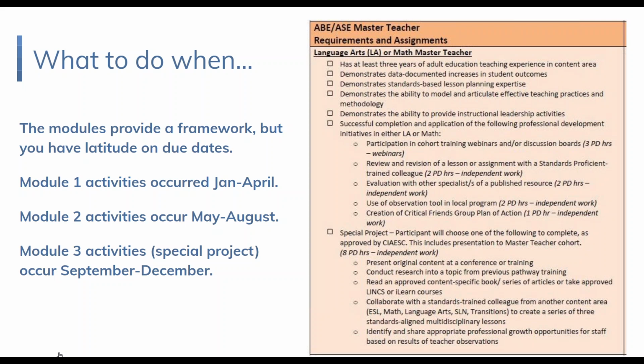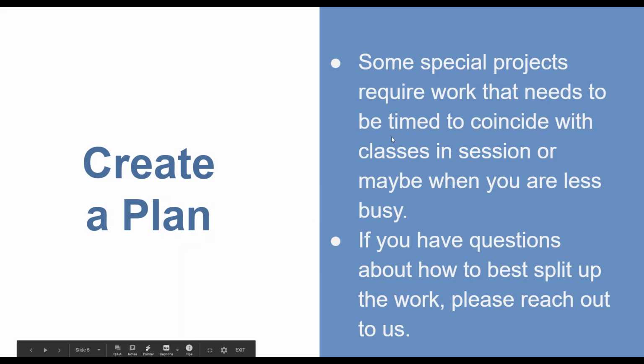If you'll remember correctly, we kind of organized the cohort around 3 modules, and the module 1 activities were through the end of April. And so now we're in module 2, which is just loosely on the calendar, going to run through August, right through the summer. And so the 2 activities and materials that Amber's going to cover with you today, technically the due date for those is the end of August. But again, those are flexible dates and you can adjust them.